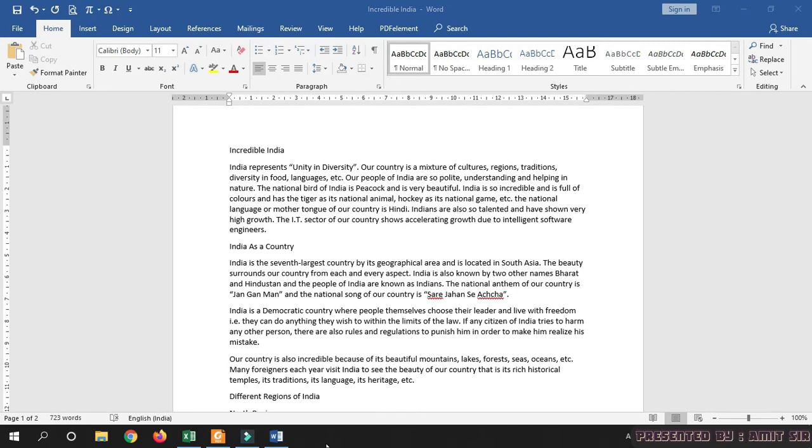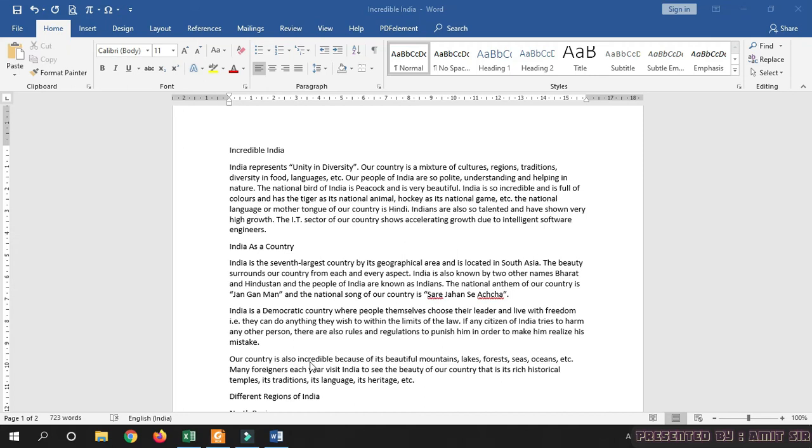So the question is, what is paragraph spacing? By the word you can easily understand paragraph and spacing. As line spacing, line means the difference between the lines. The space between the lines is called line spacing. Similarly, the space between two paragraphs is called paragraph spacing.